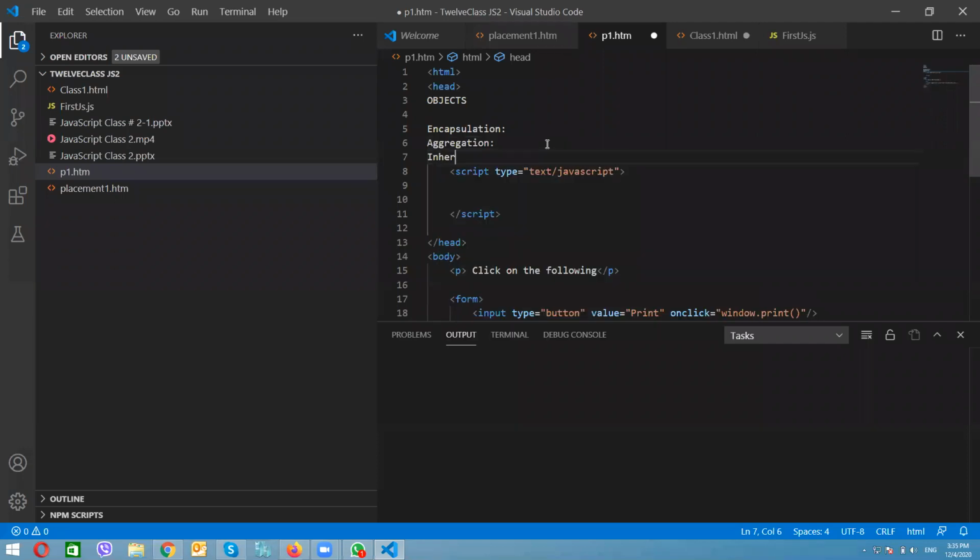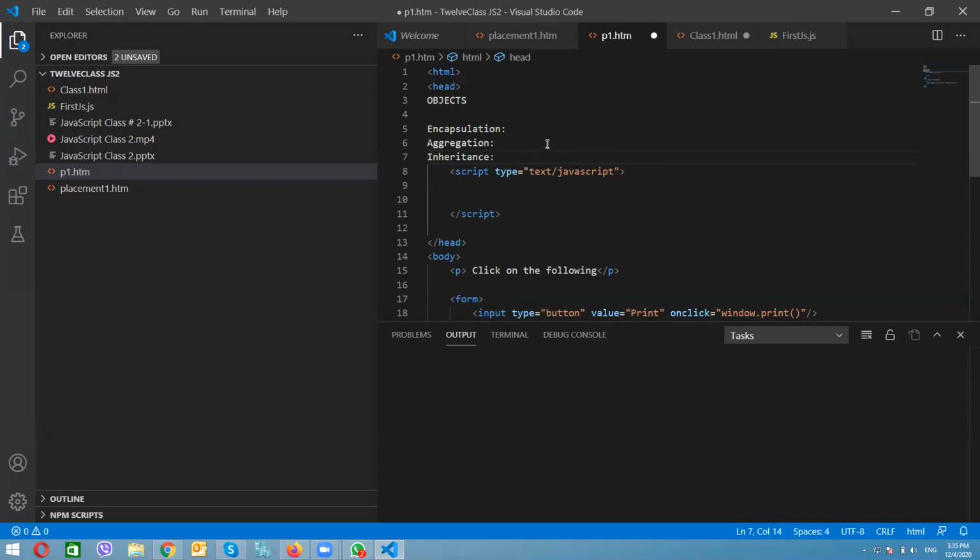Inheritance is a very interesting thing. Let me give you one example. Inheritance means you have something which you want to transfer from one object to another object. For example, some properties you get from your parents, like I get this from my father.